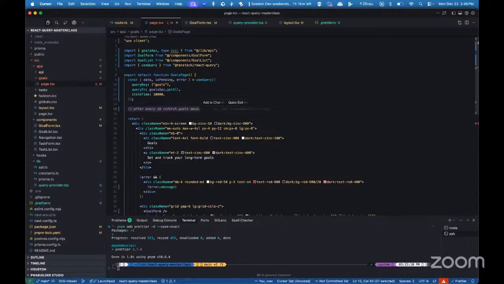But here we are saying after every... this is polling. Here we are saying after 10 seconds have passed, mark this data in the cache as stale, right? Which is basically this data is not fresh and should probably be refreshed when it is used again. But